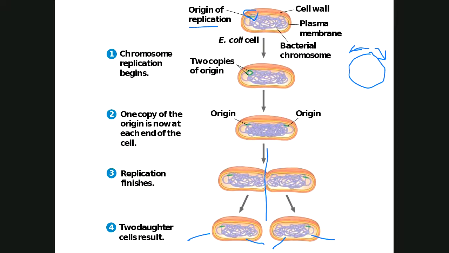Now, the advantage of this type of reproduction is you can make a lot of offspring very quickly. I have the numbers in my Bio 2 class, and I don't call them off the top of my head, but I believe it was something like in one day, an E. coli can make something like 2 million offspring. Give me 1 second. Let me look that up because I think I'm exaggerating that number a little bit.